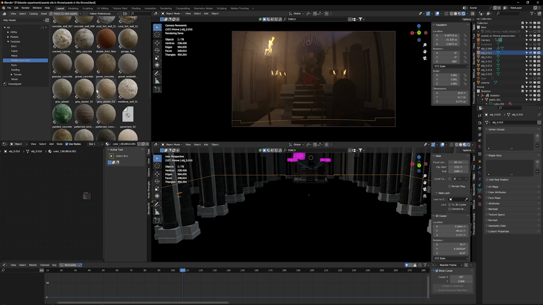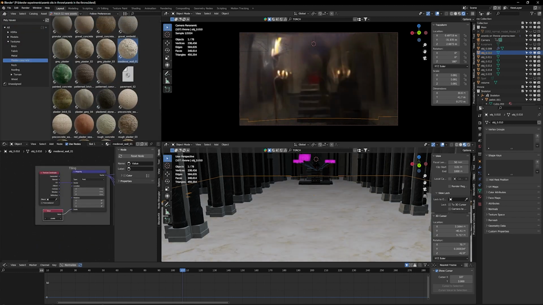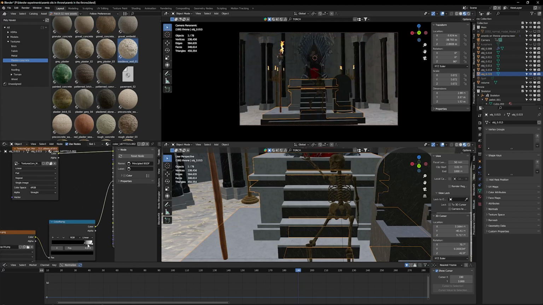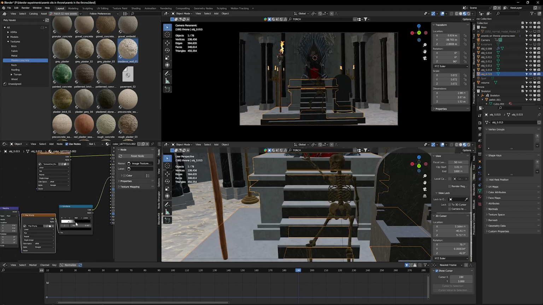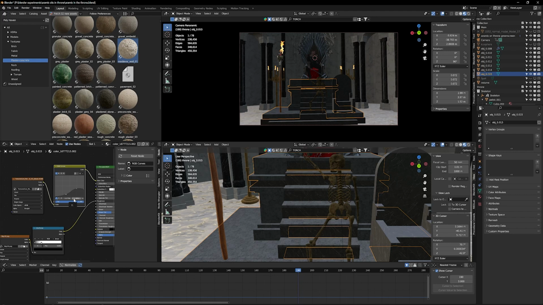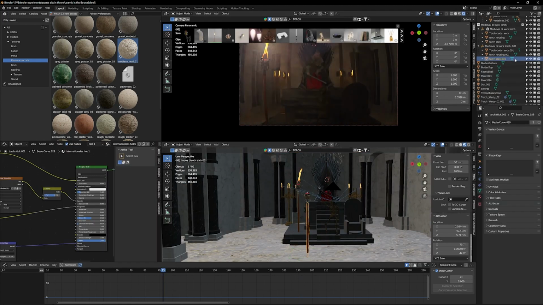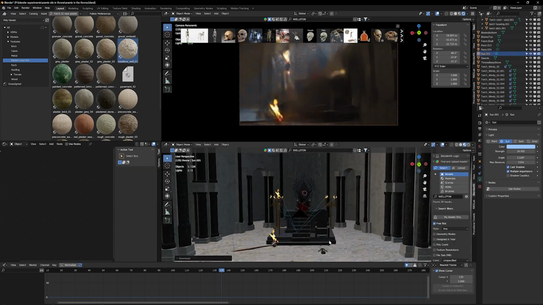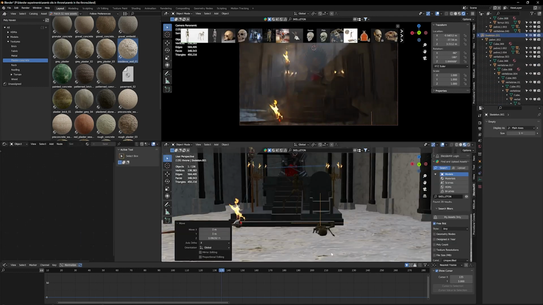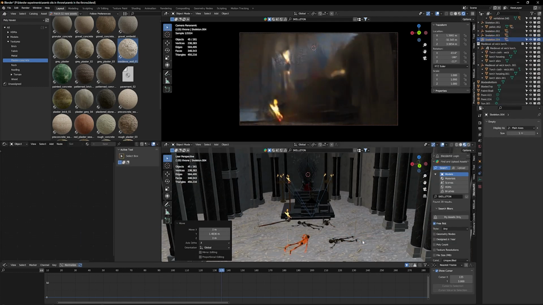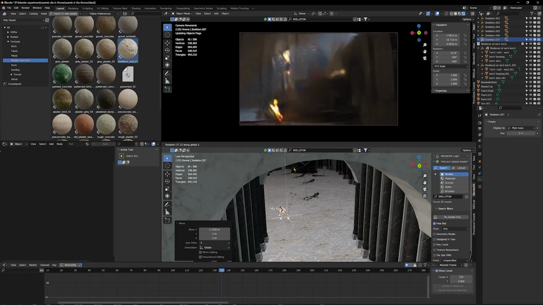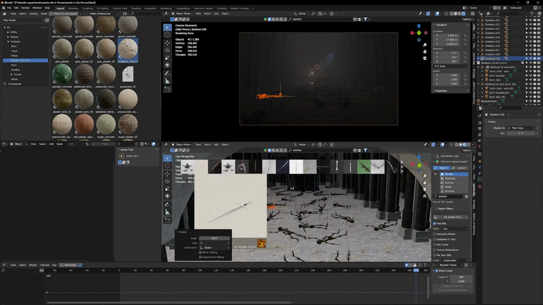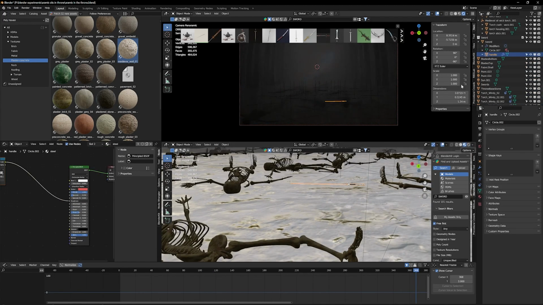I want a few scratches in my pedestal. I copy pasted another torch, put it on the ground. I copy pasted a skeleton and scattered skeletons all over the floor, because while the camera is moving back, we're going to reveal that he is actually alone in this throne room. Very spooky. After I added a bunch of skeletons, I also want to add a few regular bodies and weapons,